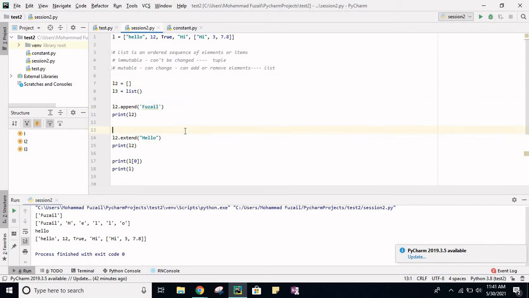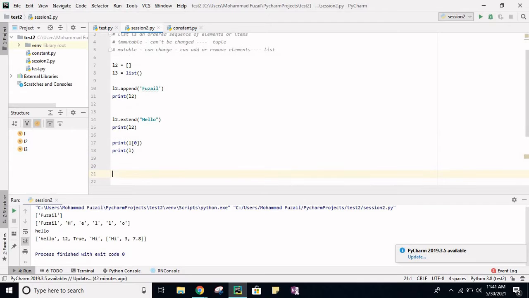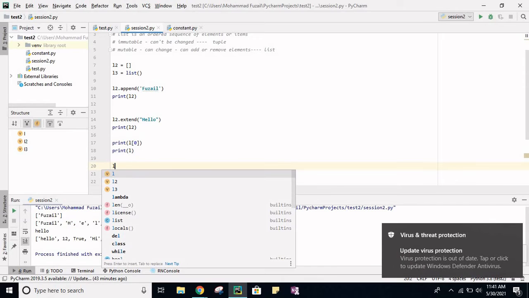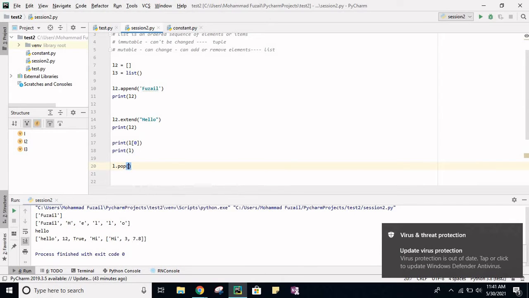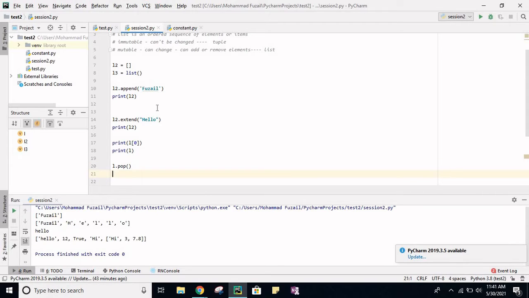Okay, so far we have seen what exactly a list is, and how it is different from other data types like tuple. It is mutable, but tuple is immutable. We can add and remove elements from a list, and then comes another function. We have seen how to add, but we haven't seen how to remove. So to remove an element from a list, we have two functions which are very important and very useful. We have one function called pop. Okay, let me add a comment here also so that you can easily recall.